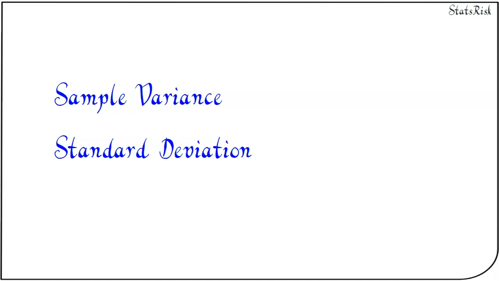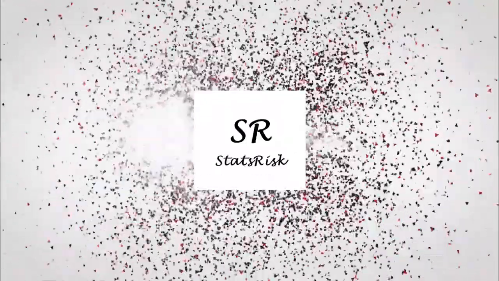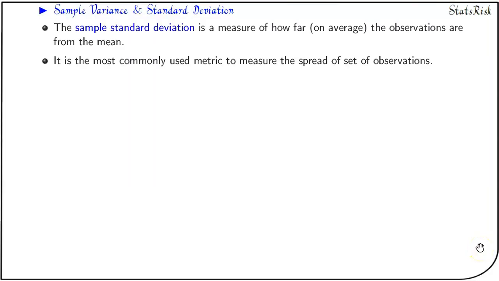This video looks at the sample variance and standard deviation and shows how to calculate them from the data. The sample standard deviation is basically a measure of how far the observations are from the mean. The mean here is the average value of the observations. And this sample standard deviation is one of the most commonly used metrics to measure the spread of a set